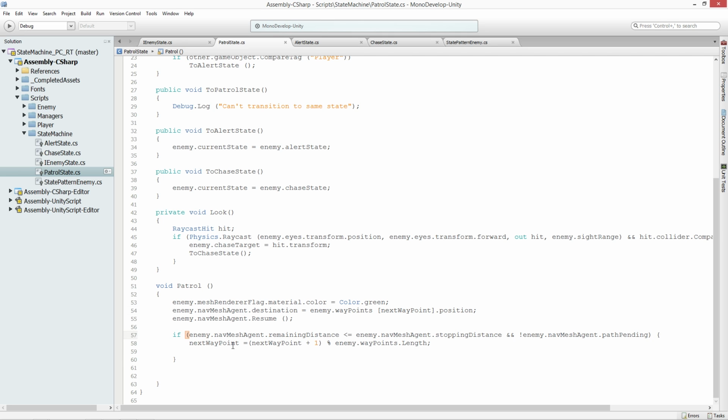And then, if we've determined that we're within stopping distance of one of the waypoints and we no longer have a path to walk, then we're going to add 1 to our next waypoint, right? So we're going to say next waypoint plus 1. If we're on waypoint 0, we're going to go to waypoint 1. And in case we had looped through this 5 or 6 times, we're using the modulo to just say